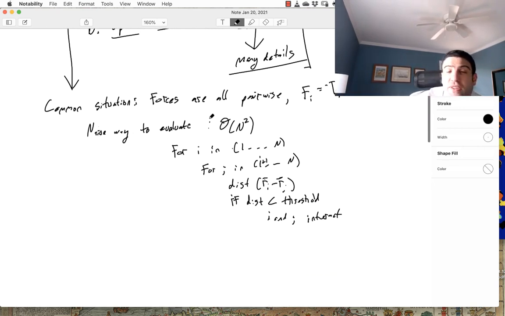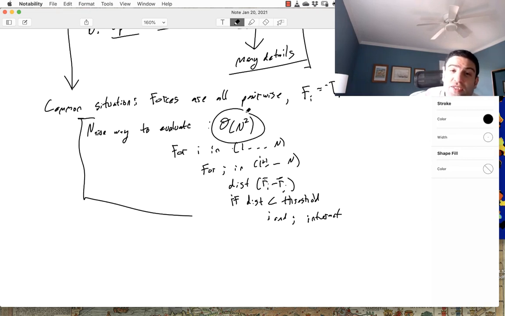And so having this operation that requires us to do of order n squared operations, well, it doesn't make us happy. And so, this is a major point of optimization,